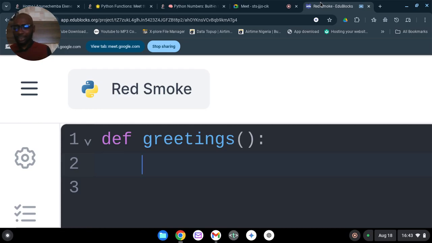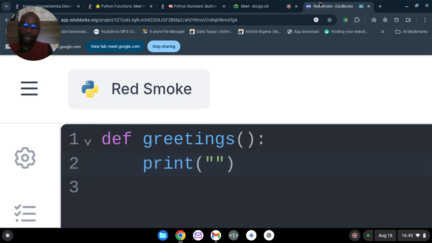Now, after creating a function, the next thing is, what does the function do? What is it going to do? For something to have a name, it must have an action. Anything that has a name should have an action. So a function has a name and it has an action. Now we've given it a name, let's give it an action. The action that we want this one to do is to